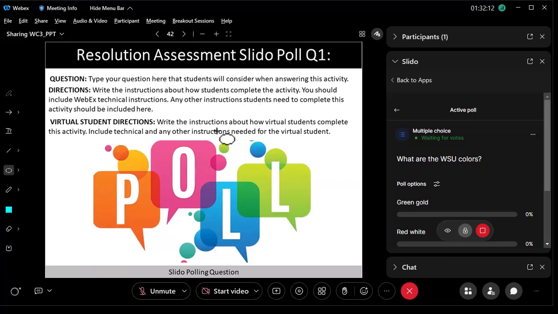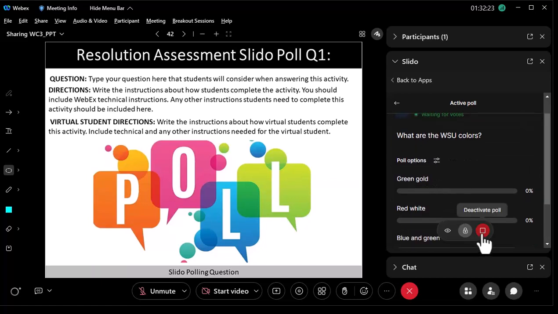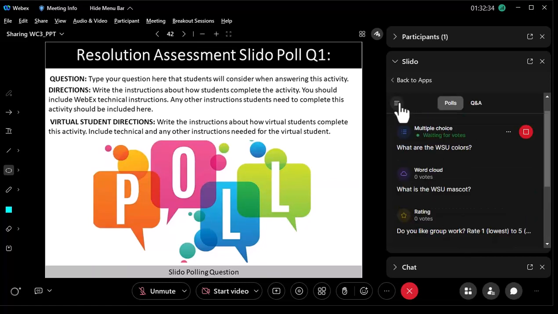But this is a static slide, and the students will interact and answer over here on the right, on the Slido portion of it. Students will come, select the right answer, and when you're done, we'll open the voting for participants, and then we'll close the voting. Then we will come back over here and go to the next slide.